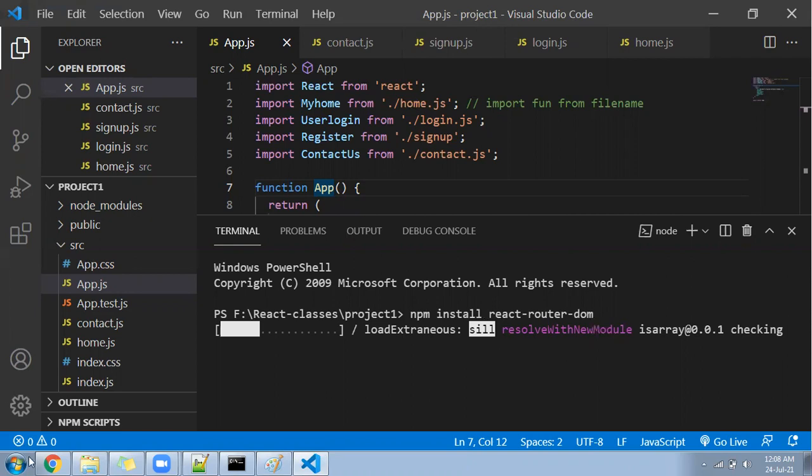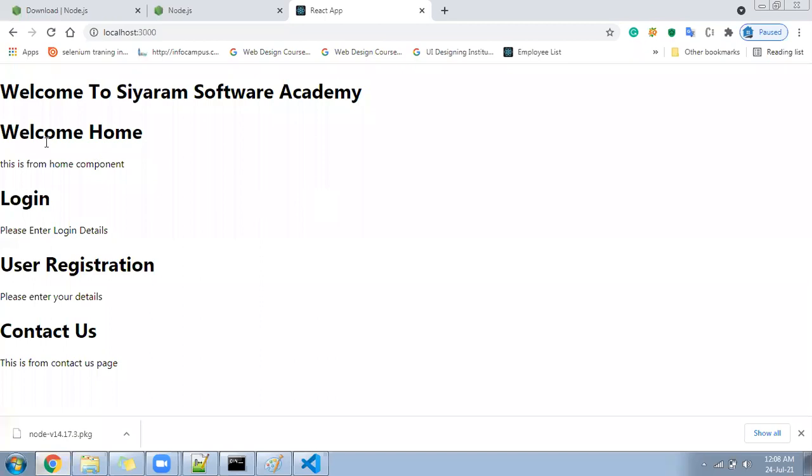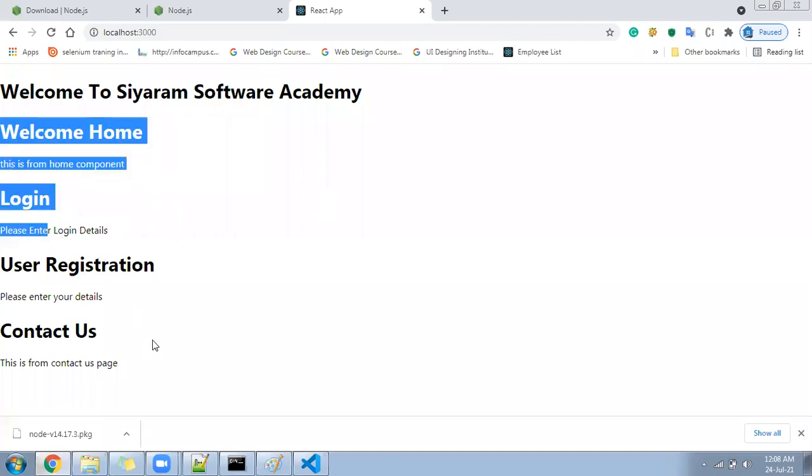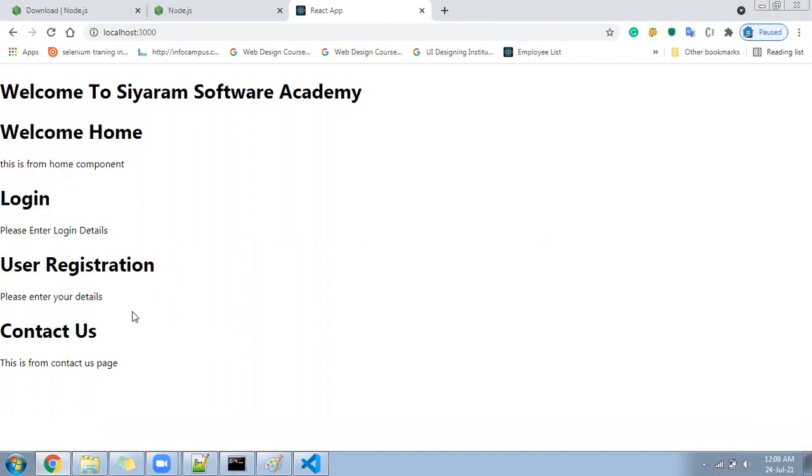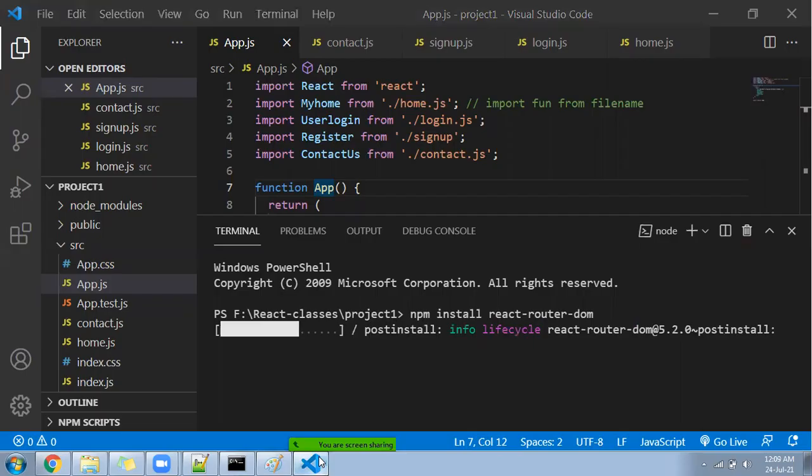You can see in the browser as of now, all the pages are loading at the same time, right? This should not be the right way, because if in a project you have 1,000 pages, like a site such as Sulekha, with so many hundreds of pages, you cannot display them all at the same time. So navigation is the solution. It is going on.